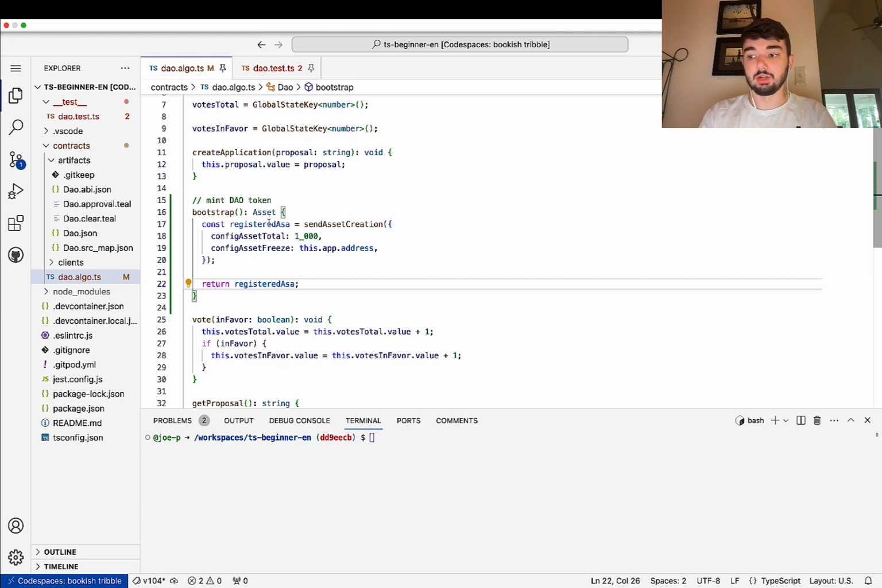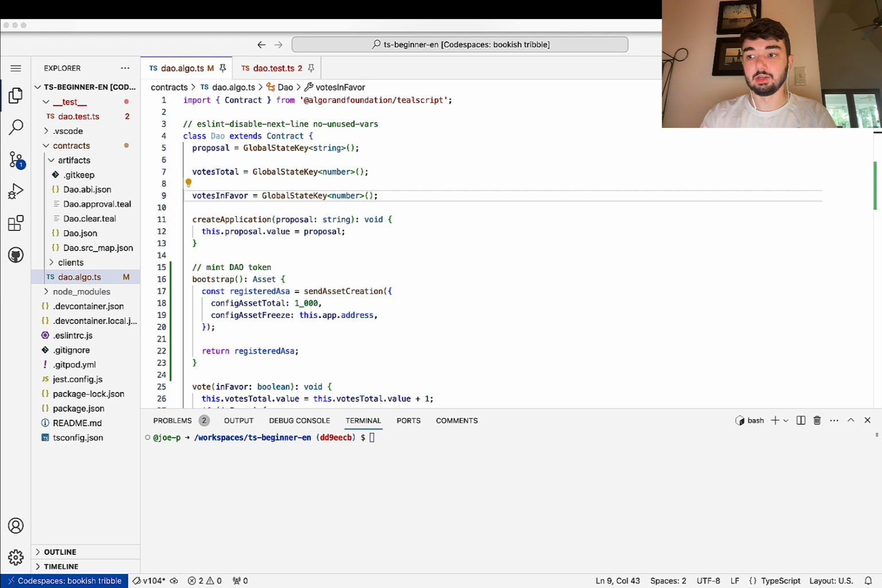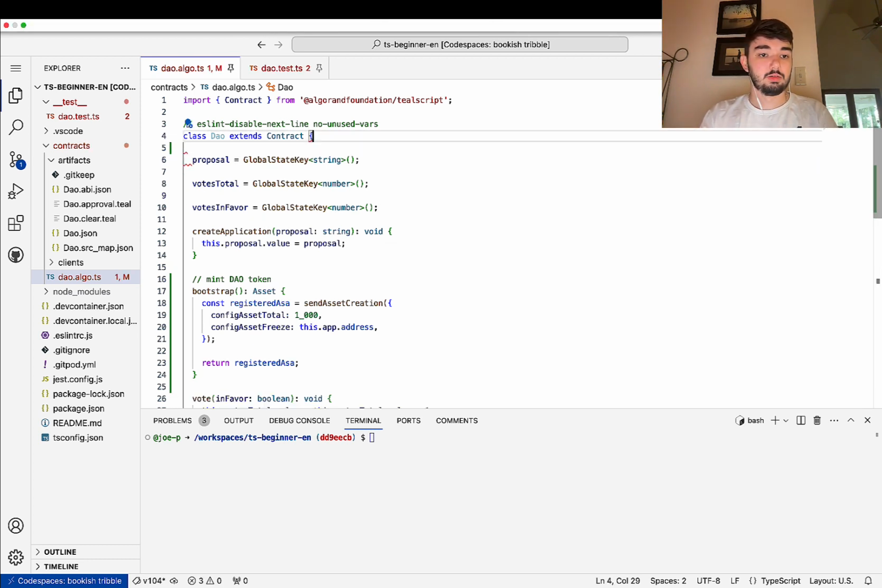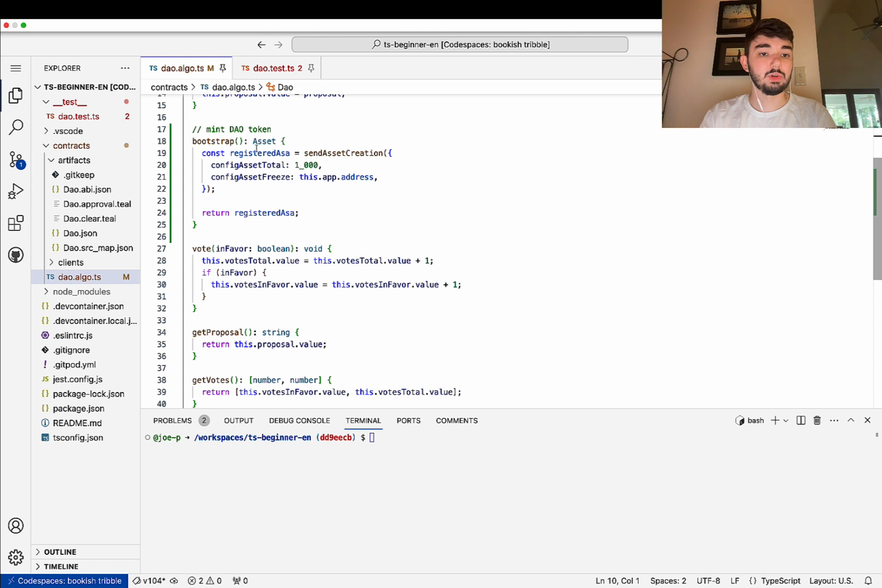Now, one thing I also want to do is go ahead and set a new property here. I'm going to say registered ASA. That's going to be a global state key. And here we're going to say it's an asset. Okay. So now at this point, we have this bootstrap method that we can call in order to mint an asset. So let's go